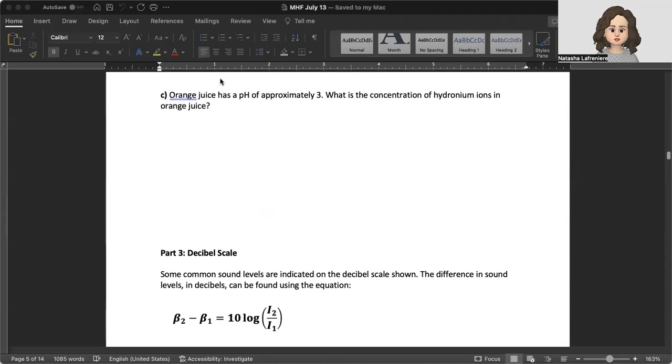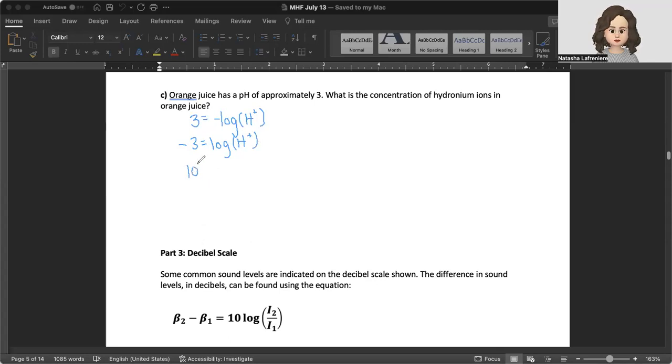So orange juice has a pH of approximately 3. What is the concentration of hydronium ions in orange juice? Okay, so our pH is equal to 3. And we don't know what our hydronium ions is, so that stays in our equation like this. This becomes -3 is equal to log times our H plus,